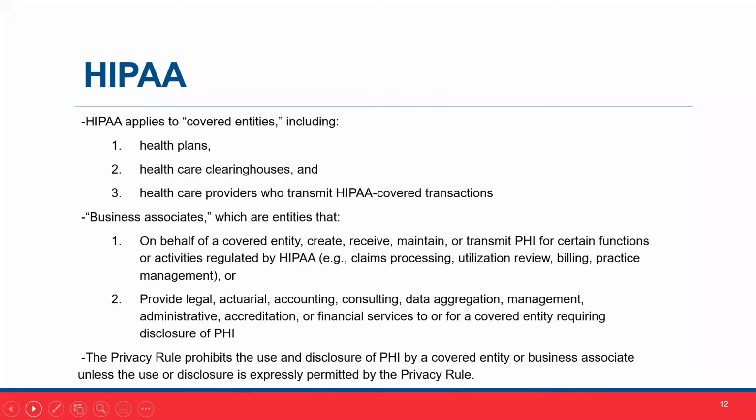So HIPAA is a complex law. It also has a number of regulations under the HIPAA privacy law, which can essentially be broken down into three subsets: the privacy rule, the security rule, and the breach notification rule. One of the key aspects of HIPAA that's not well understood is that HIPAA does not apply to all health data. And so it only applies to a certain subset of health information, and that includes health information that is